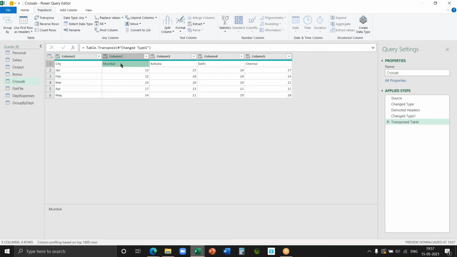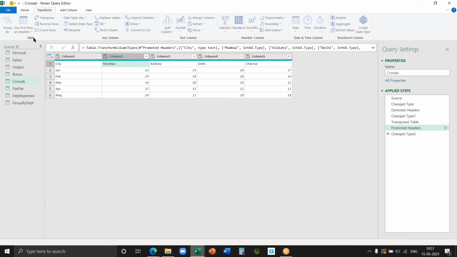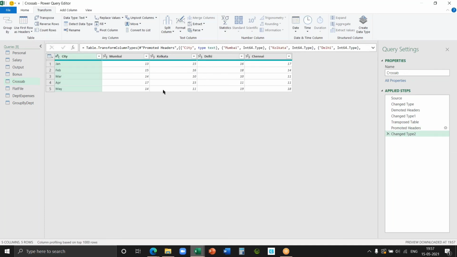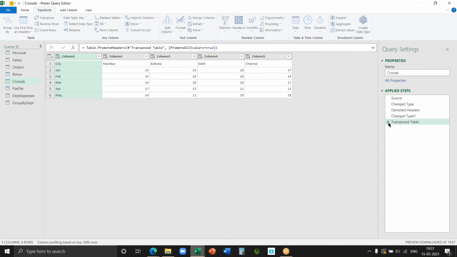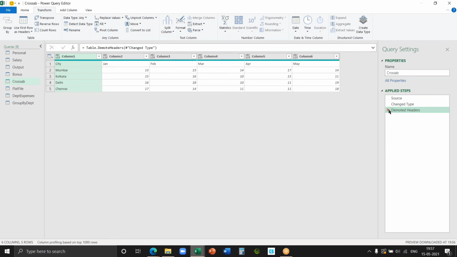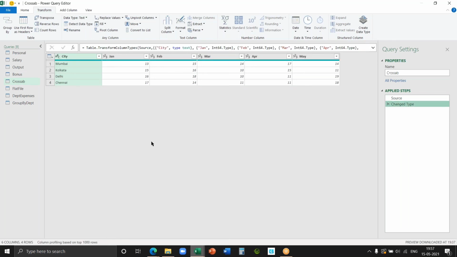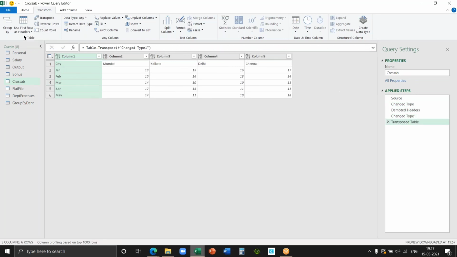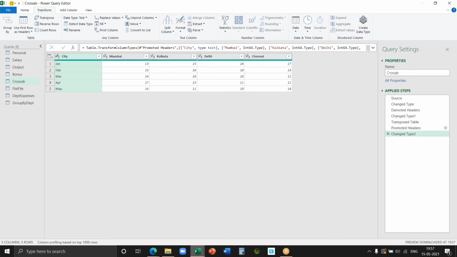But my headings should be transposed in such a way that Mumbai should become my header. Means the data should become headers. So I use the second option, use first row as headers. How is this? Ideally, if you have understood the concept, it's just 10 seconds stuff. Literally. So much activity we have done. It was like this. Fine. Okay, now I know what to do. So use first row as headers, getting it, and then transpose. Done.